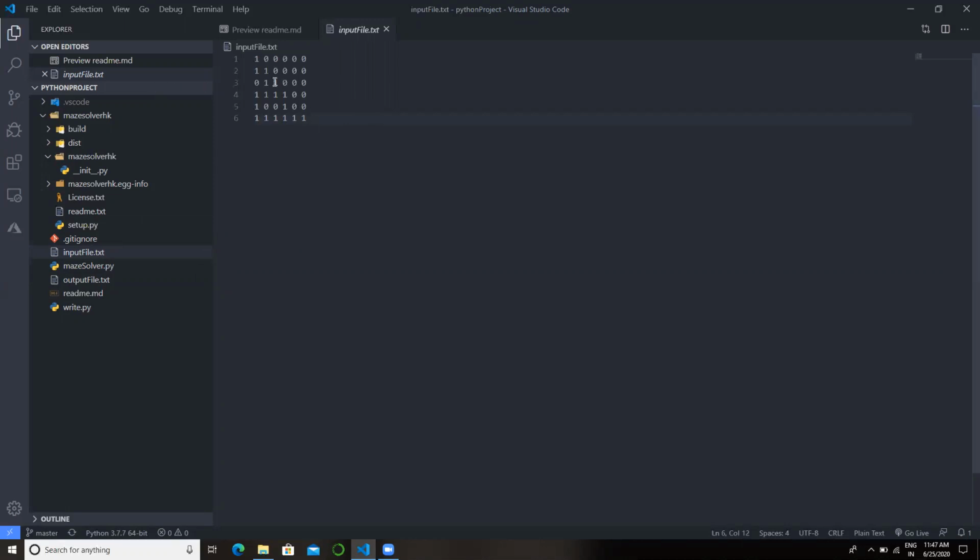So here we have written ones and zeros, as I said earlier. We need to define the source and destination as positions of the matrix. Say we have 0 0 in the beginning and 5 comma 5 at the end for this particular matrix. We need to check whether a path exists between the given source and destination or not, and we can move to the right or the bottom, but we can't move diagonally.